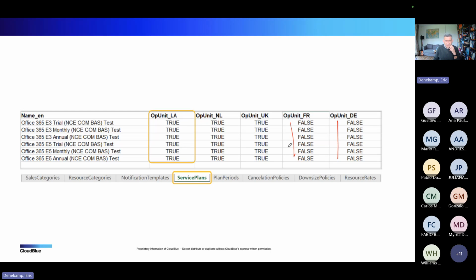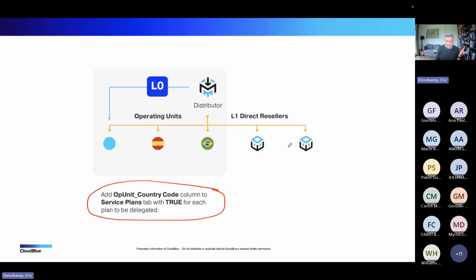So where does the system get that information? Because it's good to say that, but somewhere in that operating unit there has to be a specification of what the op unit code is for this one. I'm going to show you that in a second.